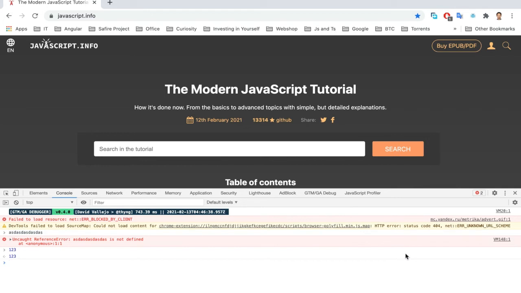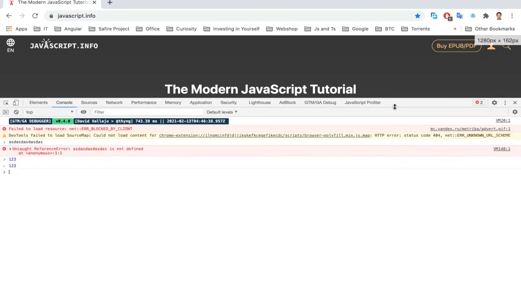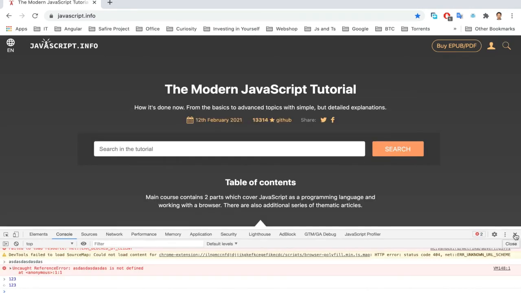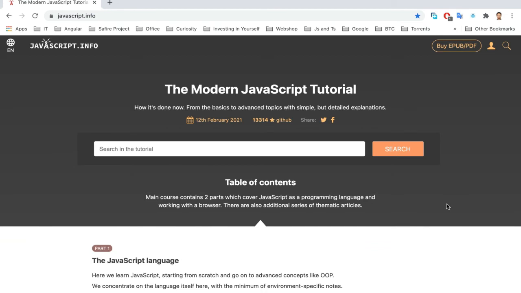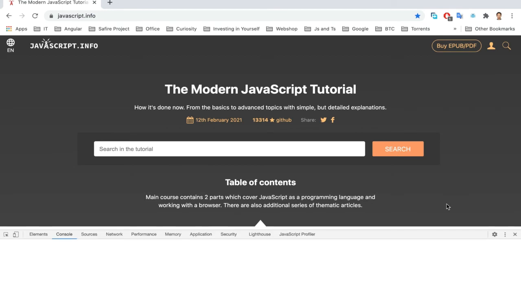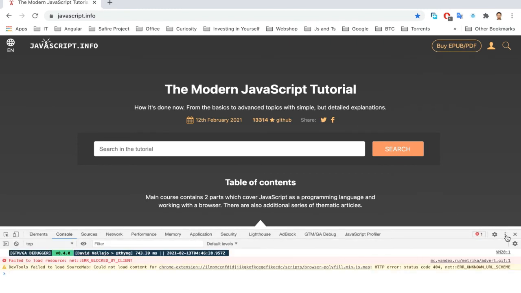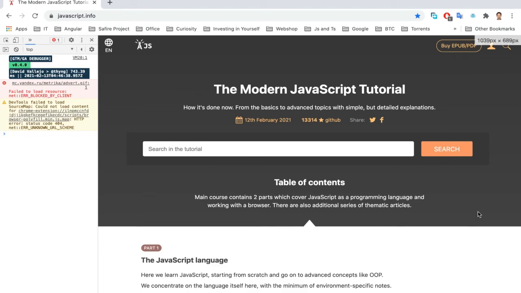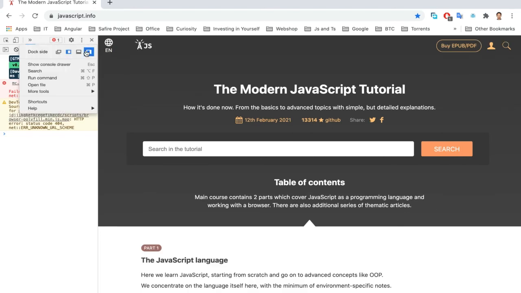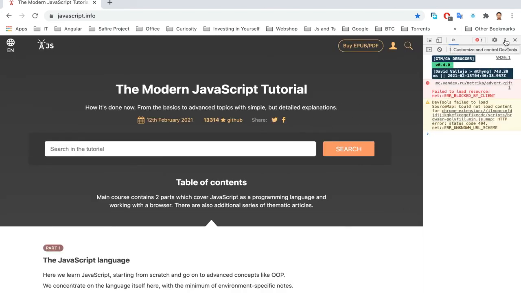Usually the console is used for debugging, for trying things out. A couple other things I'll point out. You can resize this. You can close it back down by exiting or just using the same shortcut you used to open it. Also, right there, if you click on the three dots, more options will appear. You can change where the dock appears if you want it on the side or the right, the left, or as a separate window like this.